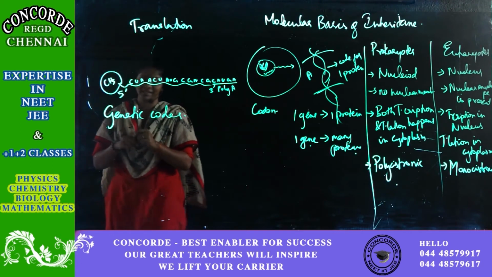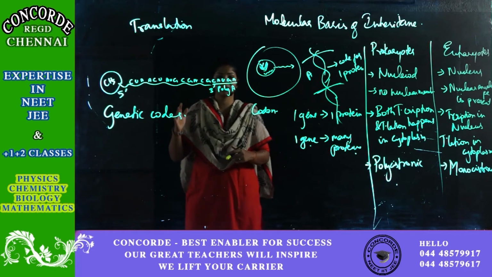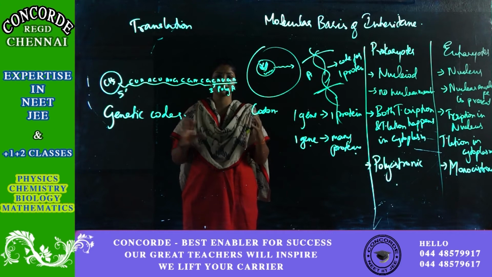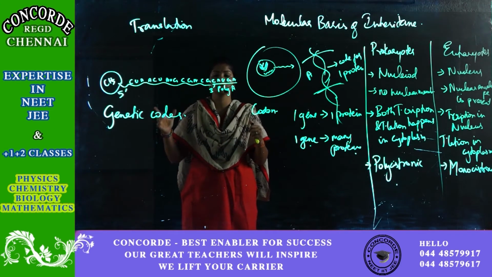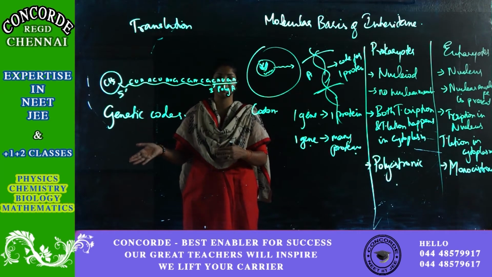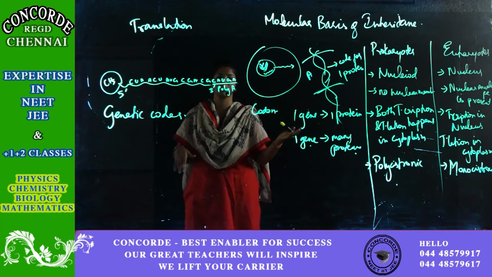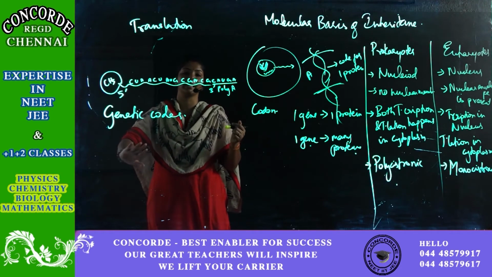Generally, DNA is a polynucleotide, RNA is different, protein is different. How do these different groups communicate? They have a common language, which is nothing but the genetic code. This genetic code is written by the DNA, copied by mRNA, and understood for the formation of protein, the amino acid chain. That is why the genetic code plays a very important role.